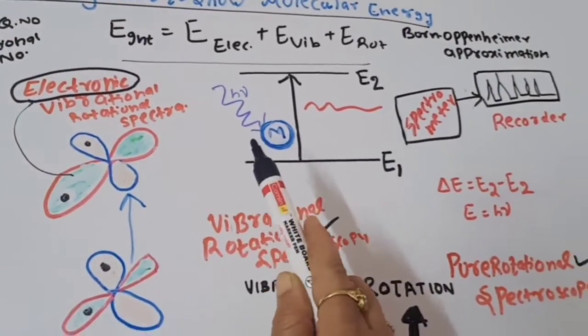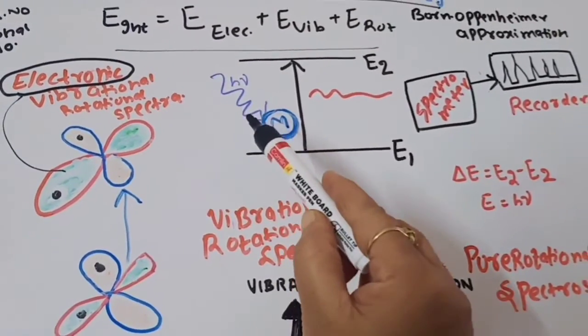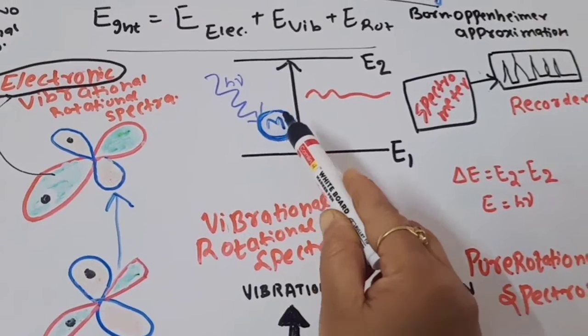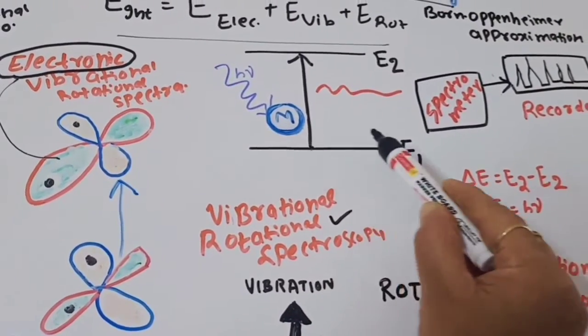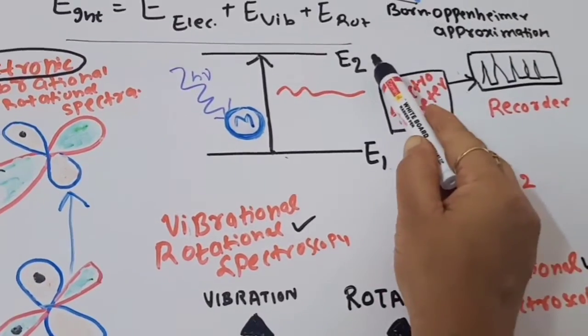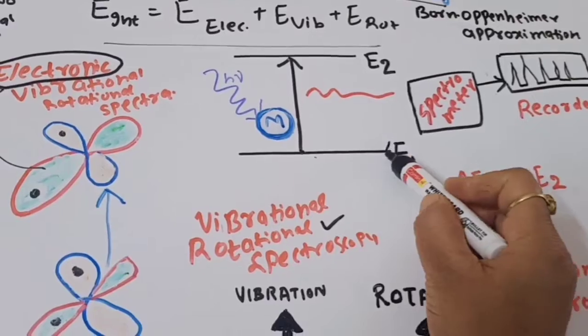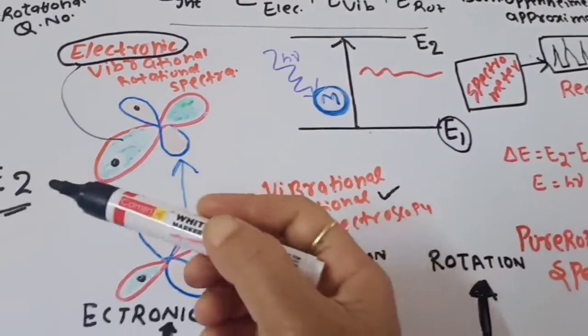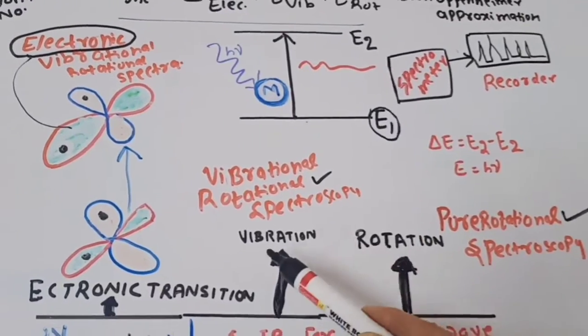So when light is passed through a sample, what happens here, this molecule will absorb the light and the changes will take place. इधर हमने वही बात करी है, the molecule will jump from the ground energy state to the excited energy state, means the changes are taking place in the electronic level in the ground energy state. And students, I told you that the changes will take place in the rotational, vibrational as well as the